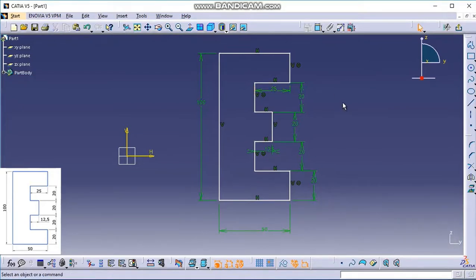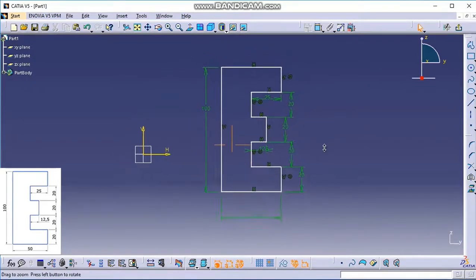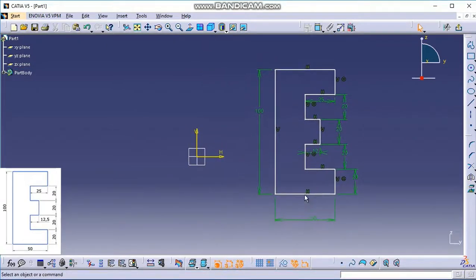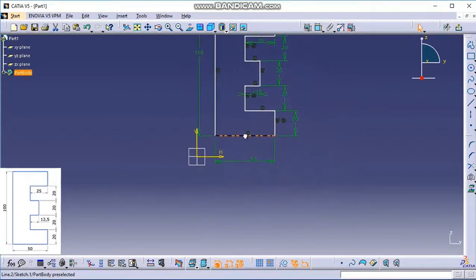Now all the dimensions we have given, but it is not constrained because we have not given the reference of the vertical and horizontal axis with respect to this drawing. I'll zoom in a bit, pan, and I can move this figure. You can see.